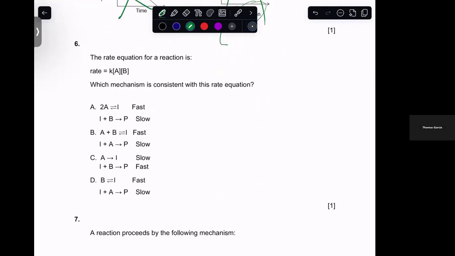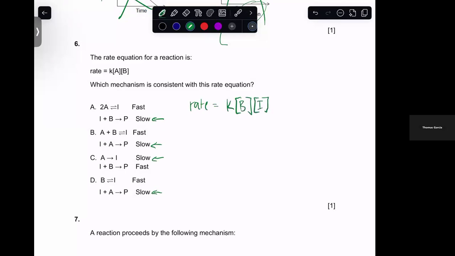The rate equation is rate equals K, concentration A times concentration B. Which mechanism is consistent with this rate equation? This one's a little bit tough, but if we go through it step by step, we can figure this out. First and foremost, we base our rate on the slowest step. So I'm going to highlight the slowest steps, and we'll go through each one. In this case, our rate would be equal to K B